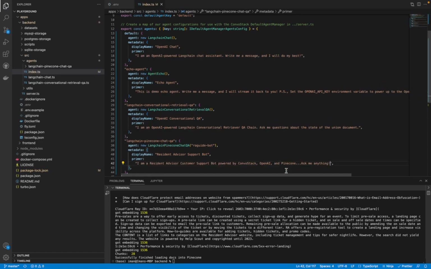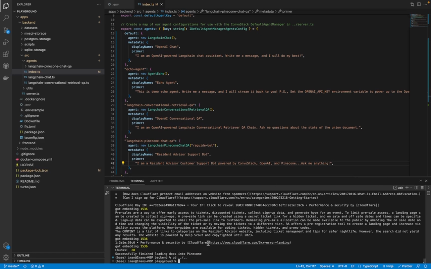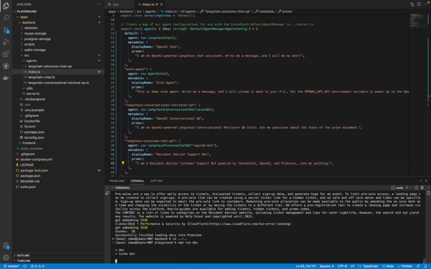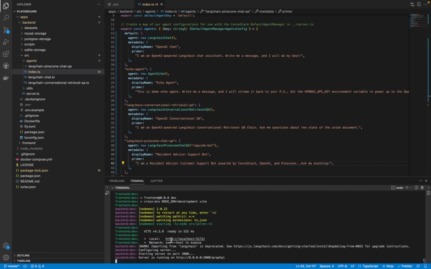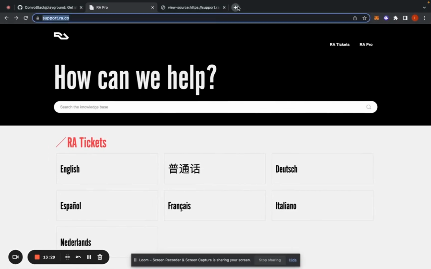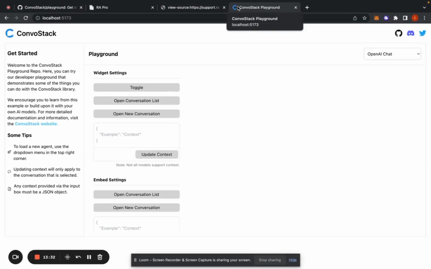Finally, now that all that's done, we can run the npm run command from the root of the folder. We can do this simply by doing cd .. and we're back in the root. And now let's run npm run dev. Now we can see that if we copy and paste this URL, localhost 5173, enter it here, we have our